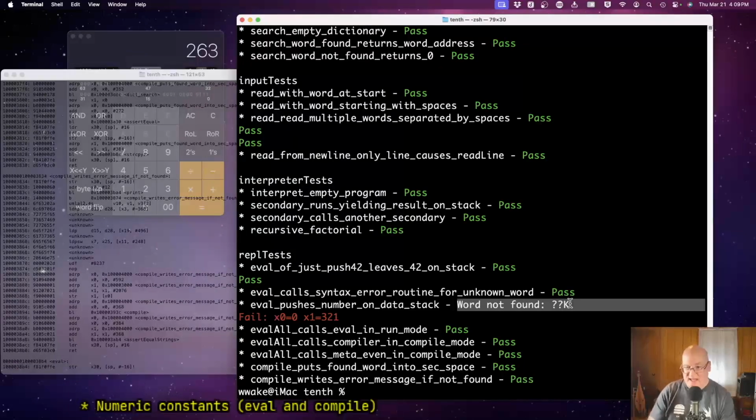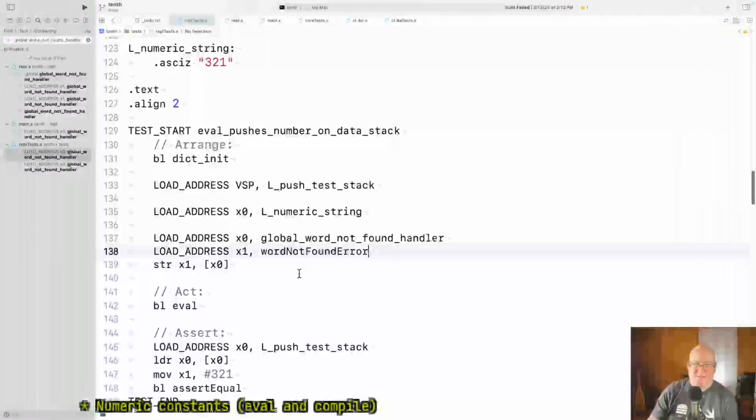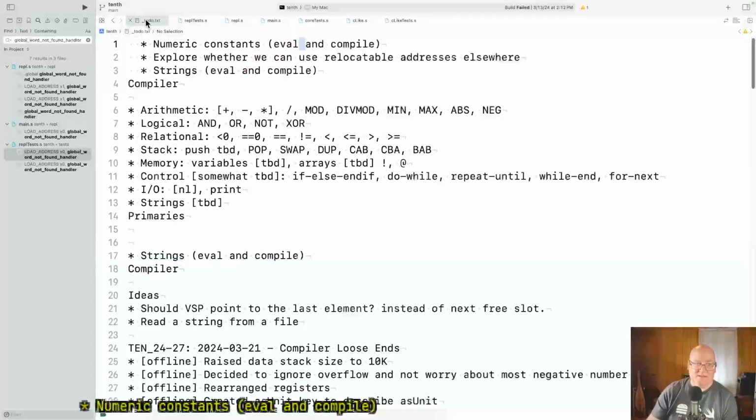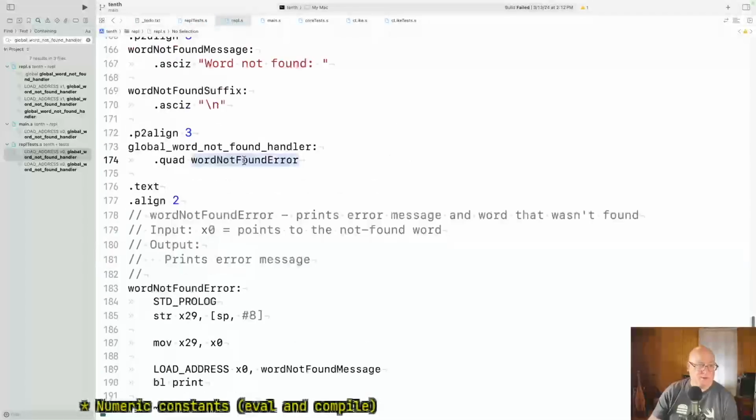Well, it's to make it not get a word not found. It's supposed to push that data on the stack, which it's clearly not doing yet. Okay, so I think we will chase that down. I've got it on the to-do next. Relocatable addresses elsewhere. All right. But for now, I'm going to leave that way, and let's make REPL do the right thing